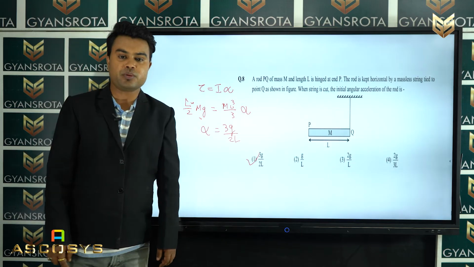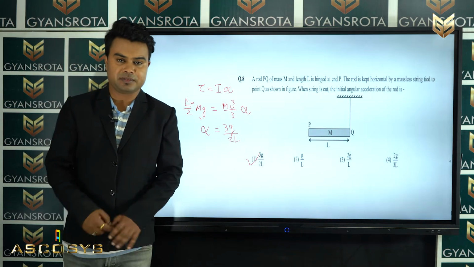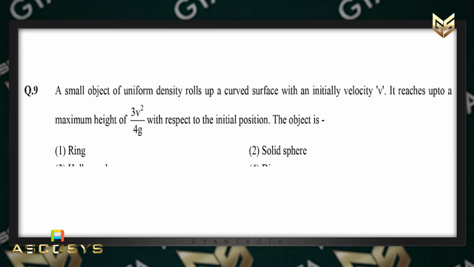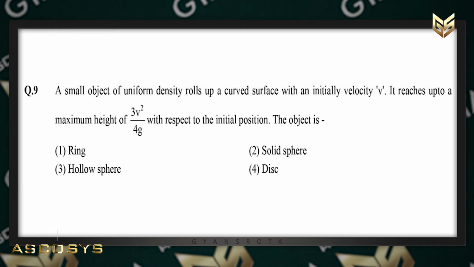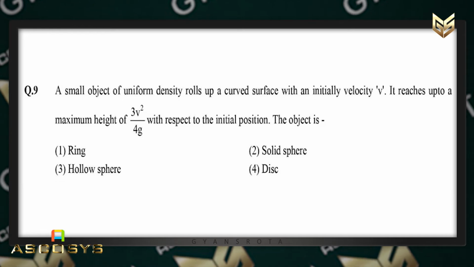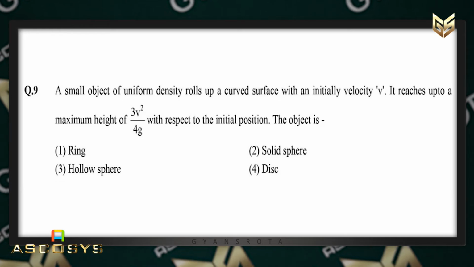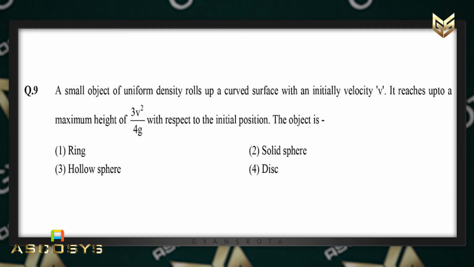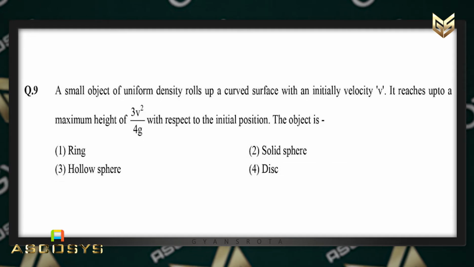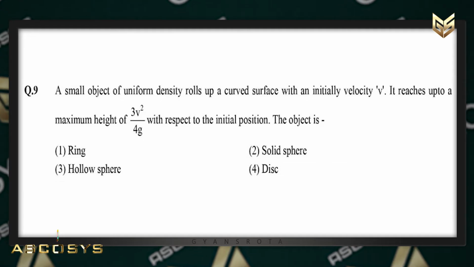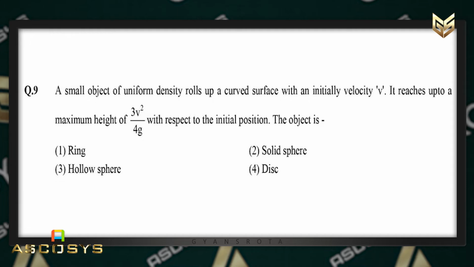Now let us move to the next question, that is question number 9. A small object of uniform density rolls up a curved surface with an initial velocity v. It reaches up to a maximum height of 3v square by 4g with respect to the initial position. The object is